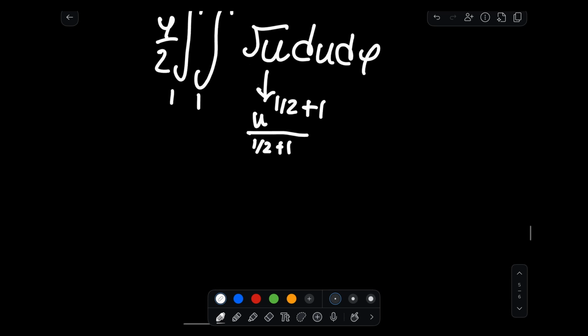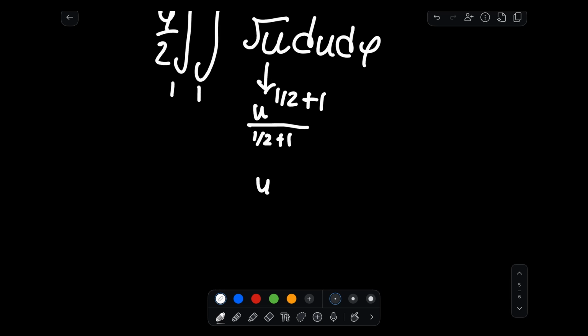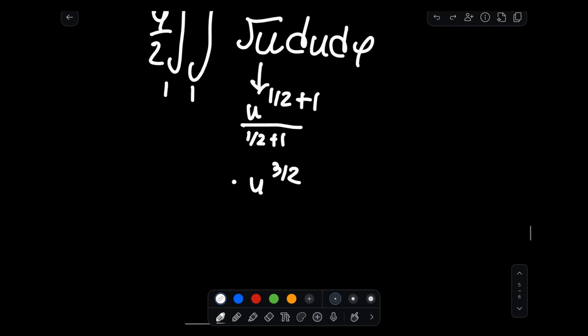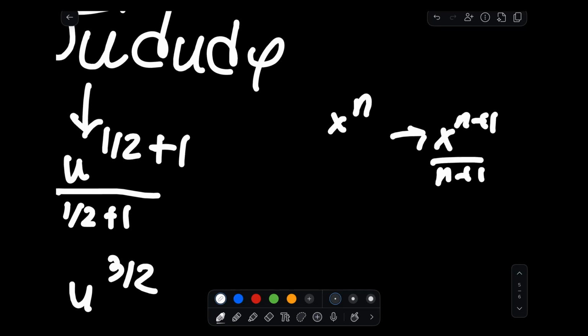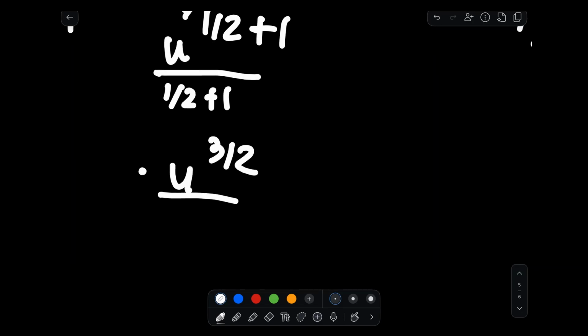So we're going to get u to the 3/2 times 1/3. Wait, hold on. Just to recall, right? We have x to the n. You integrate this, you get x to the n plus 1 over n plus 1. Okay. Divide that by 3/2, which will move to the side, right? Divide this from 1 to 4, we get